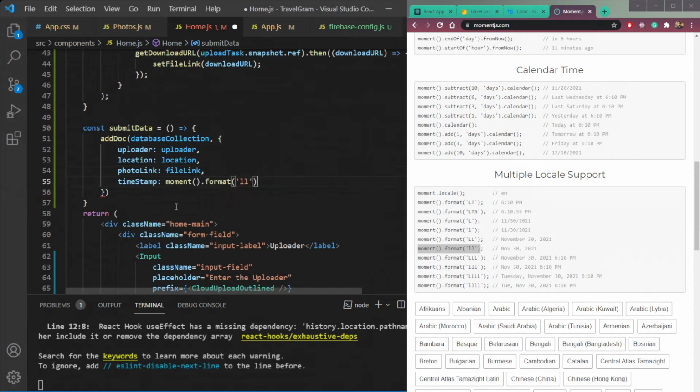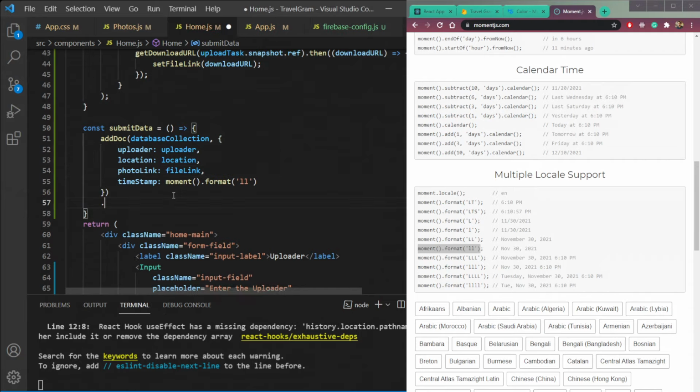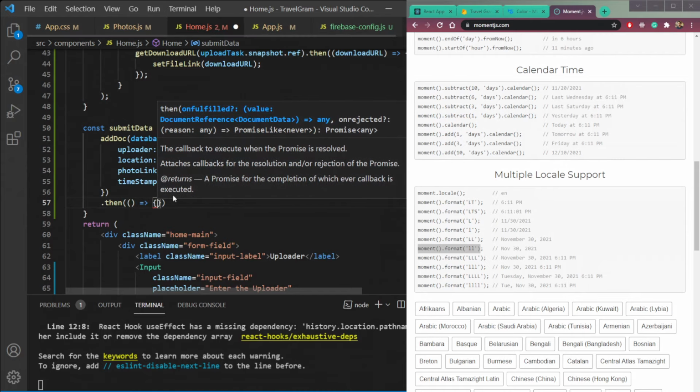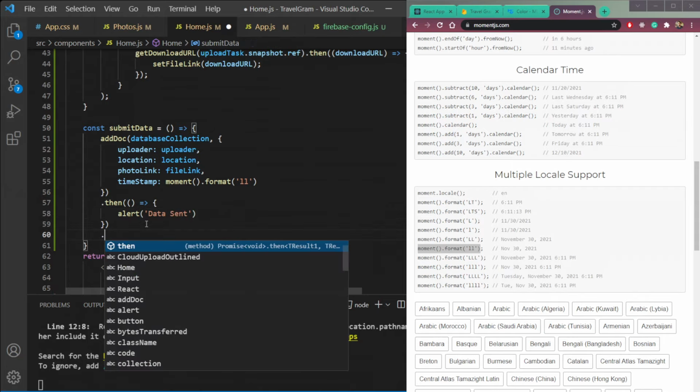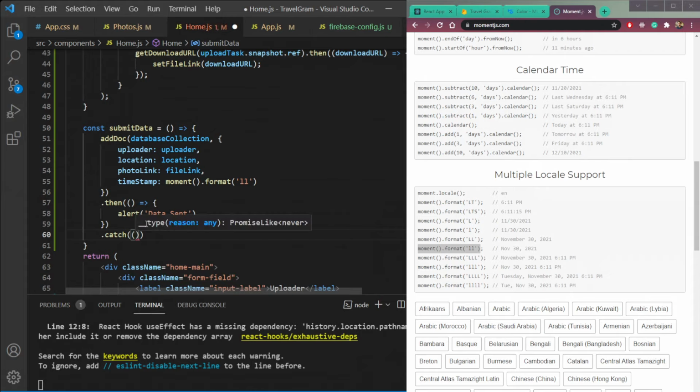So put this here, and we will create one promise dot then. So if it fulfills, we will see an alert which will say data sent, or if there is an error, we will use catch to catch the error.